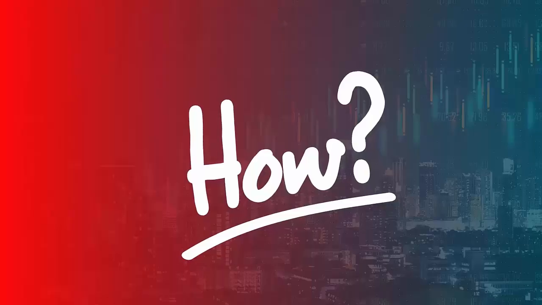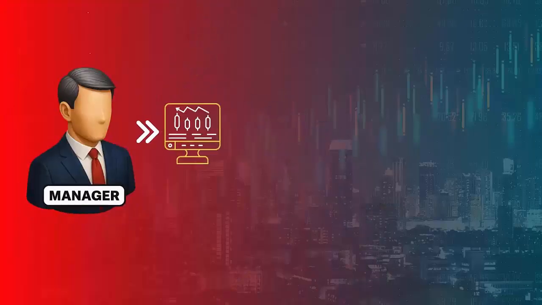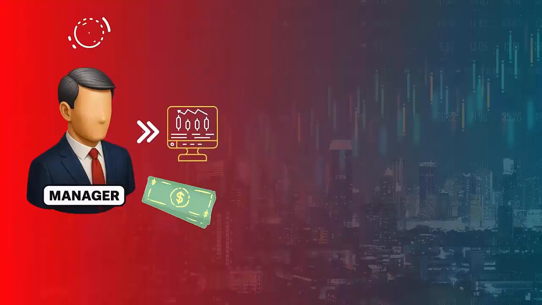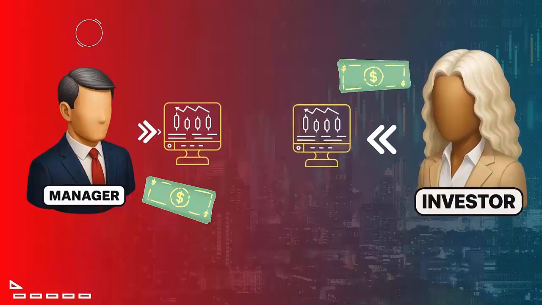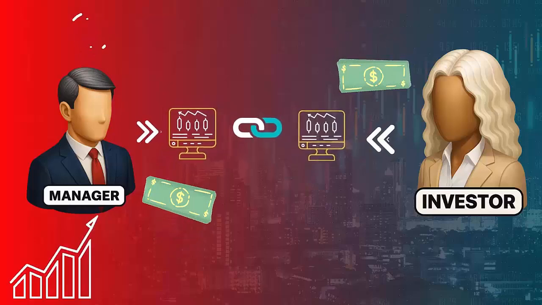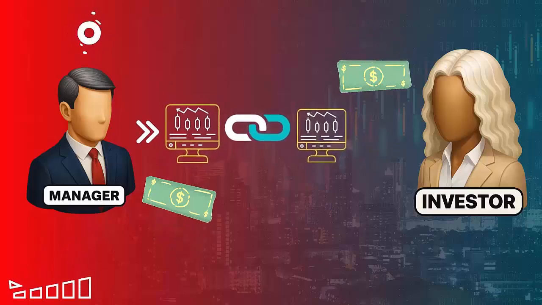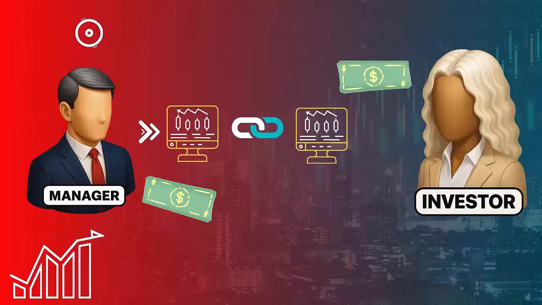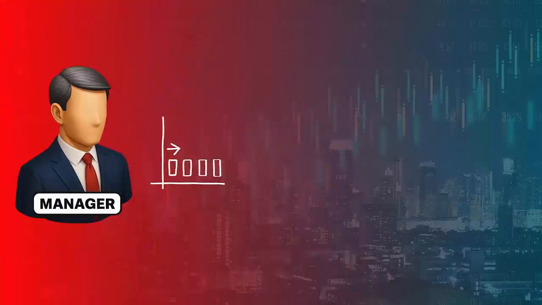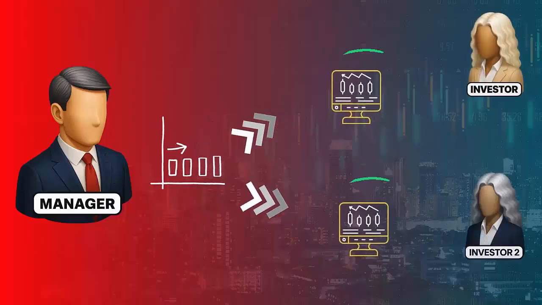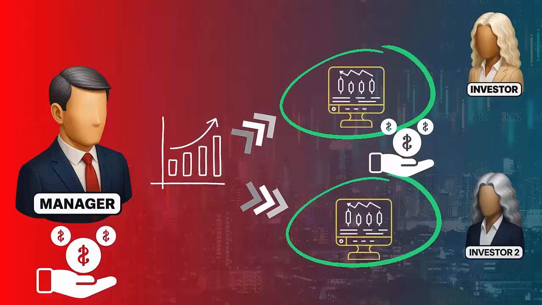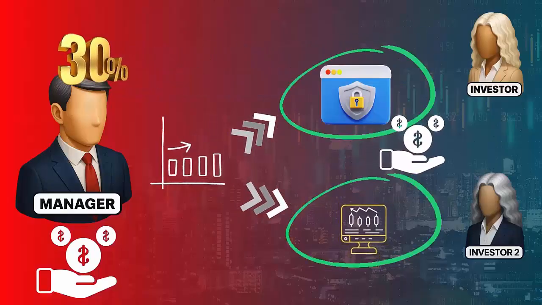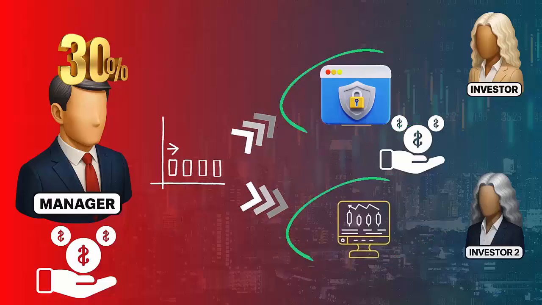Here's how it works. A professional trader, the manager, opens a PAMM account with a Forex broker and starts trading with their own money. Investors like you open your trading account with the same broker that the manager used, fund it, and link your funded account to the manager's account without handing over your hard-earned money to the manager directly. The manager trades with their money and the system automatically copies those same trades to your investment. When the manager makes a profit, you also earn a profit, minus a small agreed fee, usually around 30%, paid to the manager. Note that the manager does not have direct access to the investor's money.